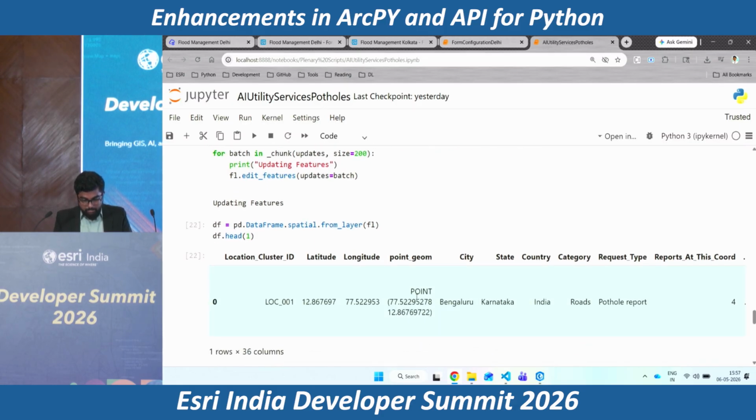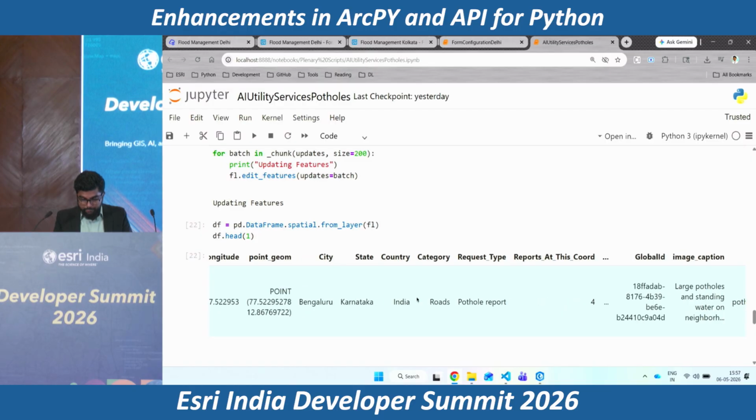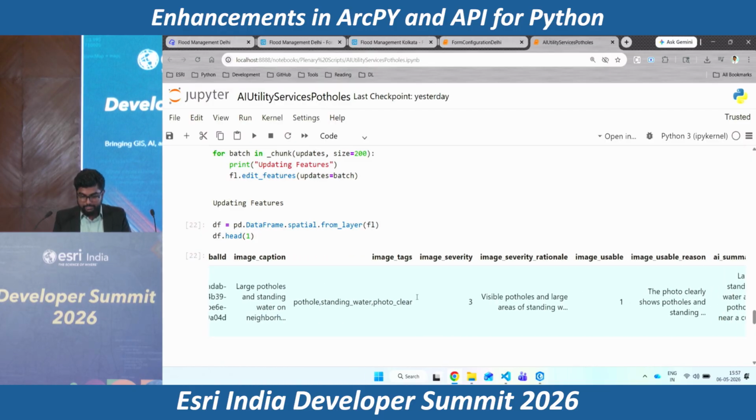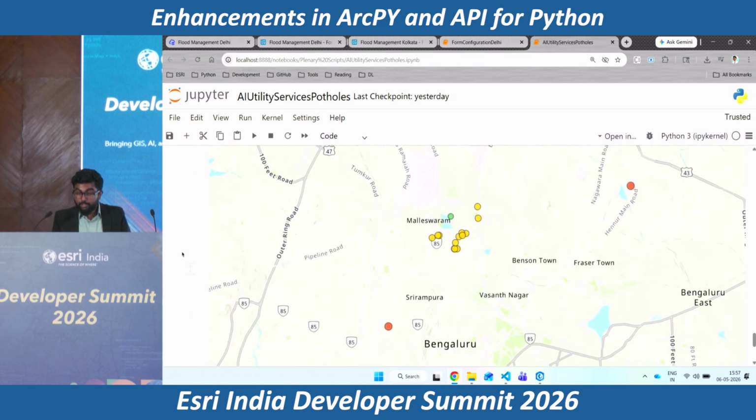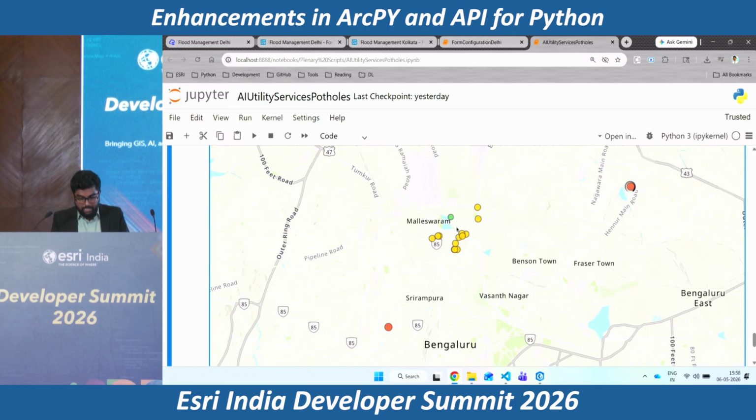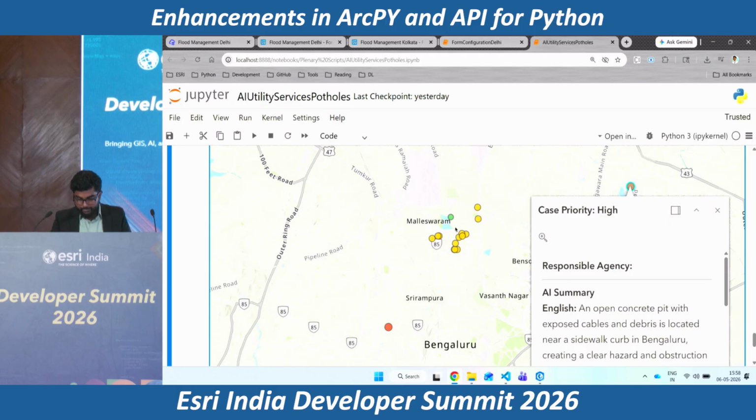Now let's just take a quick look at one feature so that we know that yes, new fields have been added and the new data has been updated as well. So let's take a look at this on the map. Here we see that the points that we had, the features that we had, are now segregated based on colors, based on their priority. So let's go for a high severity one, and if we see,